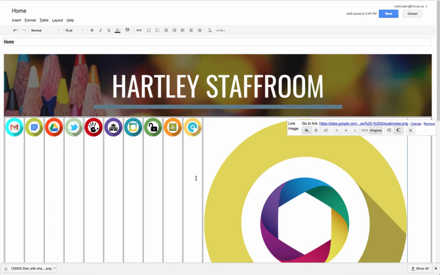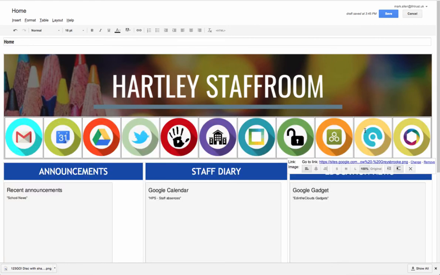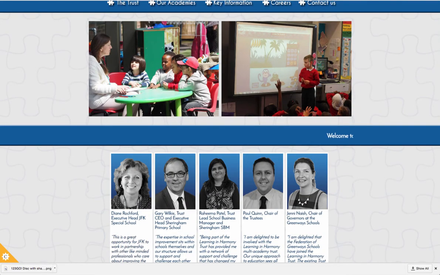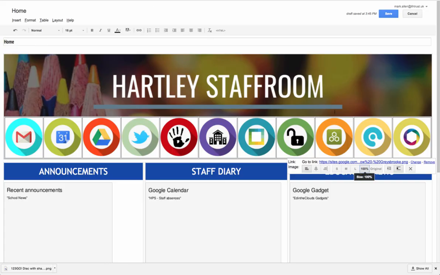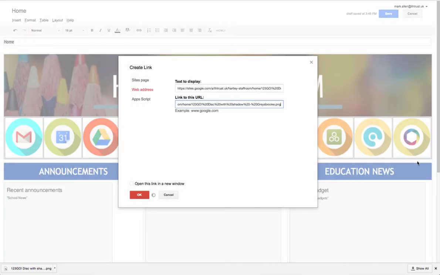That's good because people are going to be viewing this on different size devices, and we want it to work on any size device. So what I need to do is come back to this image and make sure that I've got the 100% link clicked. And that will make it, like everything else here, just take up as much space as all the others. The other thing I need to do is change where this is going to link to. So I might make sure that I've grabbed the address of the Trust website, and then I'll come back here, click on change,